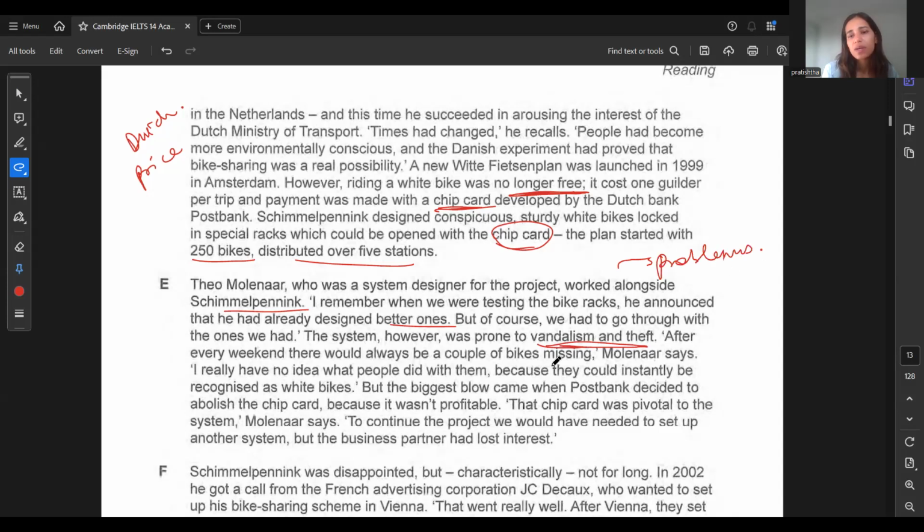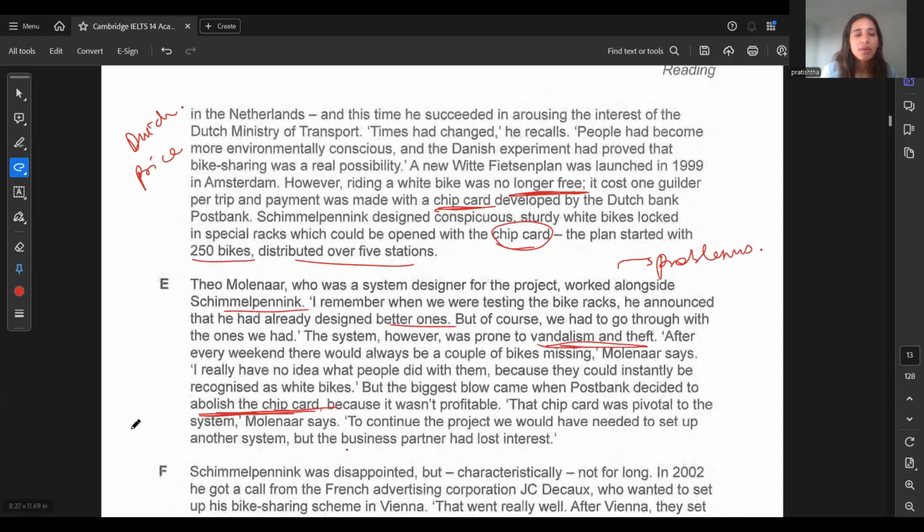After every weekend, there would be a couple of bikes missing. I have no idea what people did with them because they could instantly be recognized as white bikes. But the biggest blow came when Postbank decided to abolish the chip card, right? So the problems were vandalism and theft, and the abolishing of the chip card because it wasn't profitable. It was pivotal to the system. To continue the project, we would have needed to set up another system, but the business partner had lost interest,